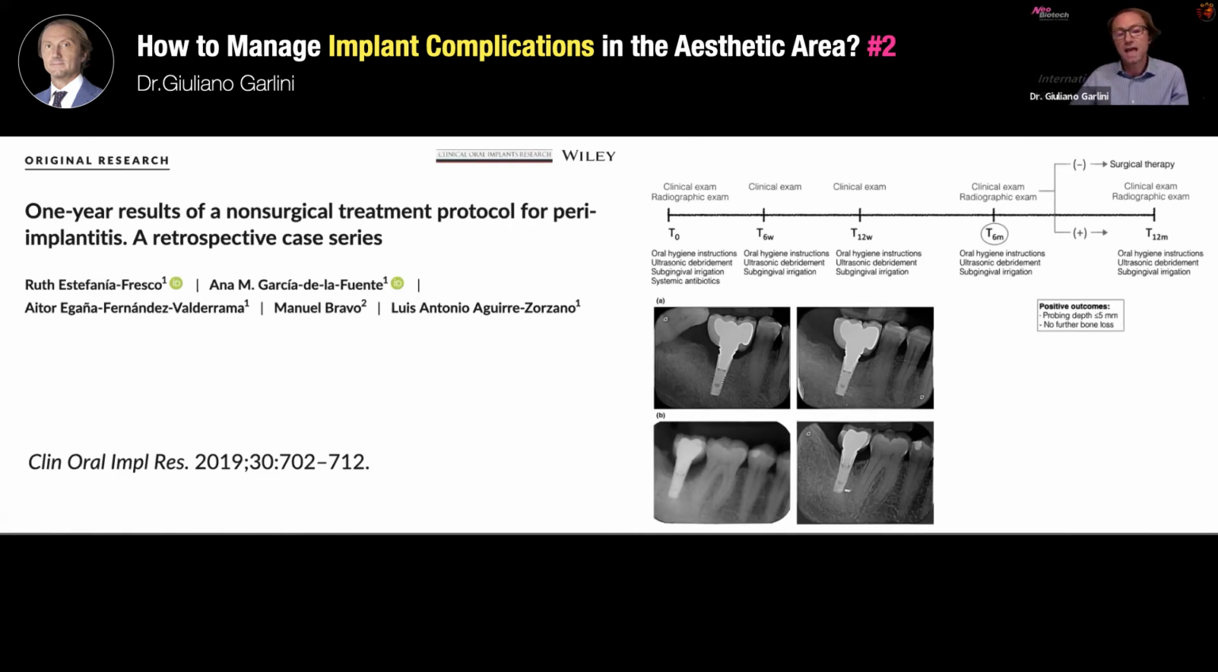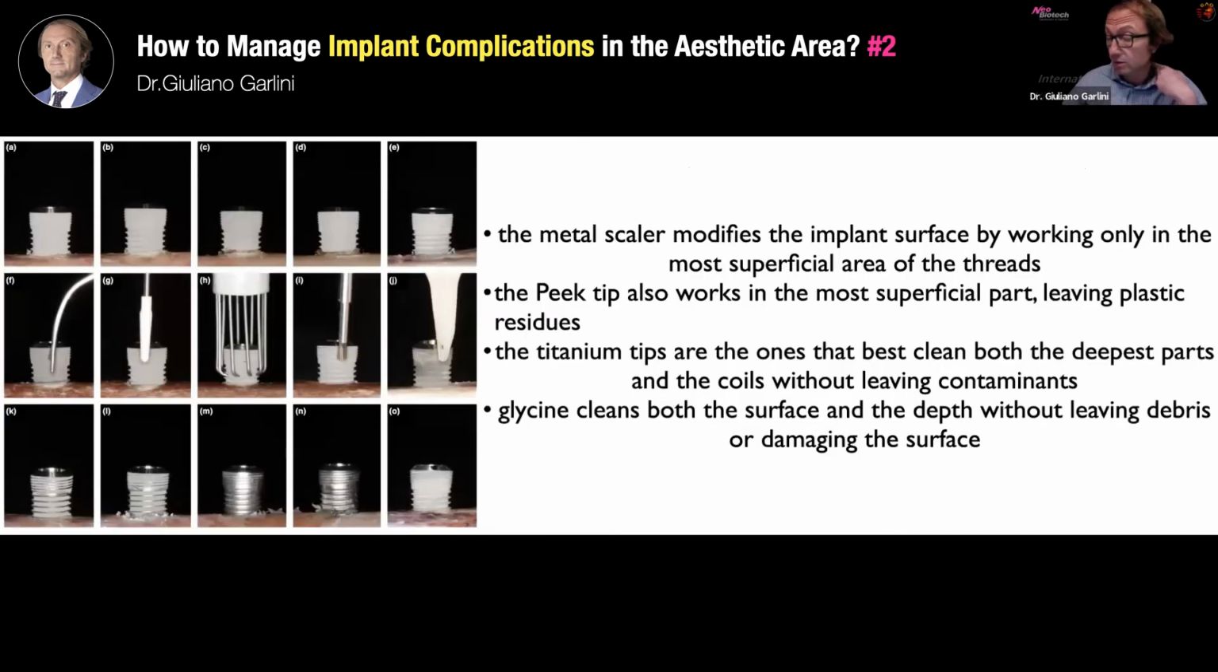Otherwise, if they have results that are not positive, the patient goes on with a treatment, obviously with a surgical therapy. But the results of this study were very interesting, considering the possibility to decontaminate, to